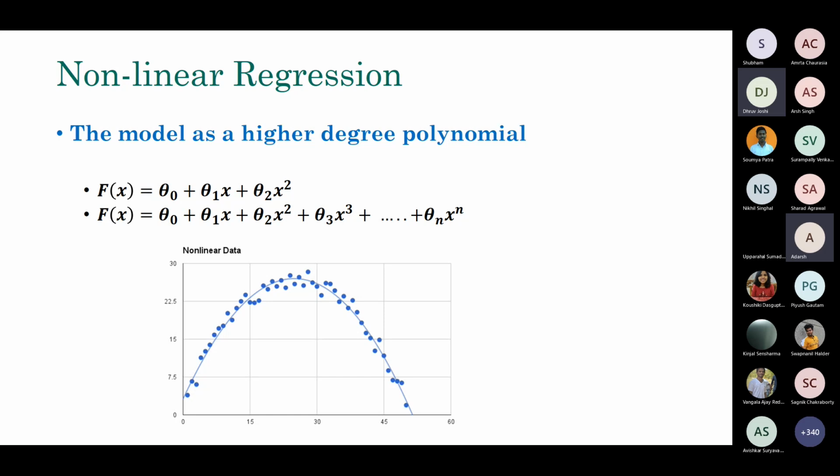For non-linear regression, you increase the degree of the polynomial. Of course, there you are also going to increase the number of parameters as well. So here are some examples of non-linear regression. You can see 2 variables, 3 variables, whatever. The number of variables will increase, the polynomial degree will increase, and you can model curves of different complexities, quadratic, sine curve, etc.